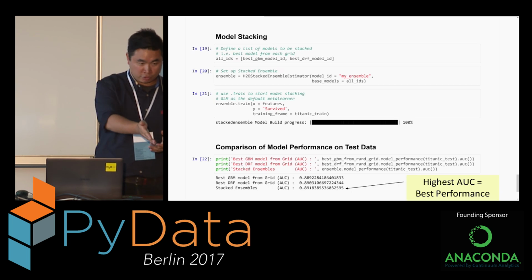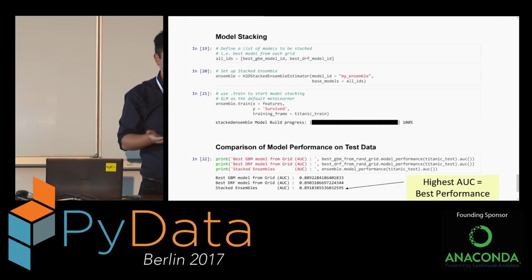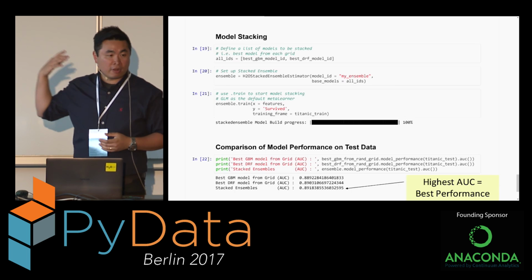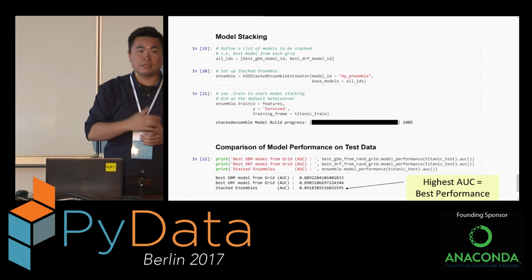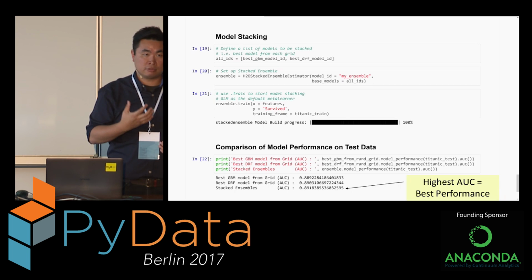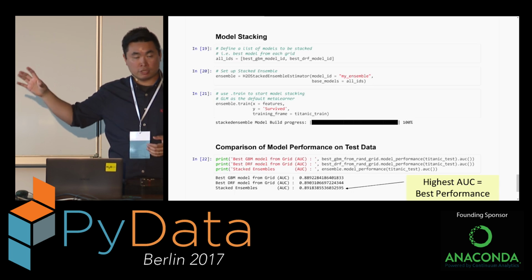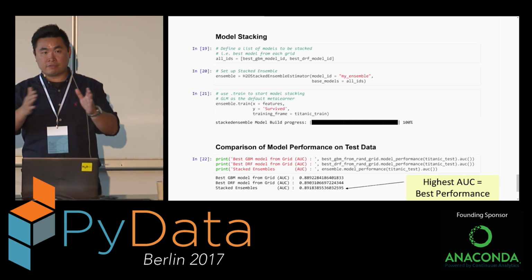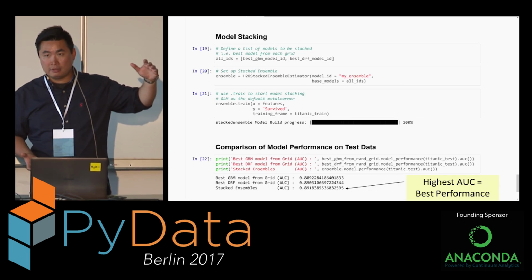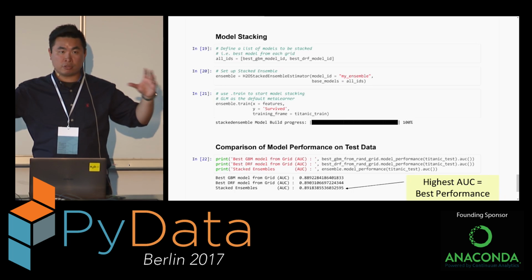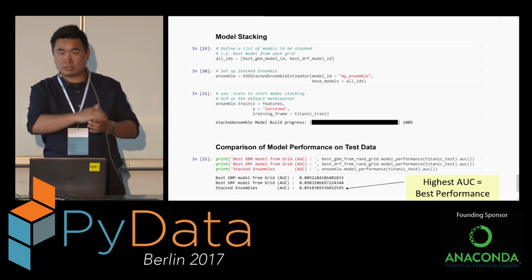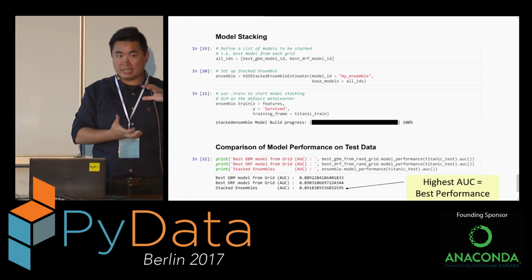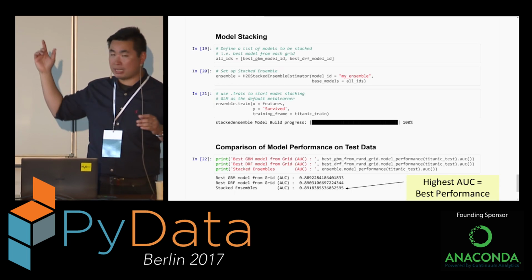So back to the question that this gentleman asked. You can have hundreds of models when you do your example. This is only a toy example with 2 models. But in practice, you can use H2O to give you more models. From the grid search, you can extract all the models, which will give you 10, 20, 50 models from different algorithms. Then you can combine everything together as long as you can create a list to capture all the names of the models. H2O will go through all the features generated from those models and give you the stack ensemble at the end, quickly, in a simple API like this.